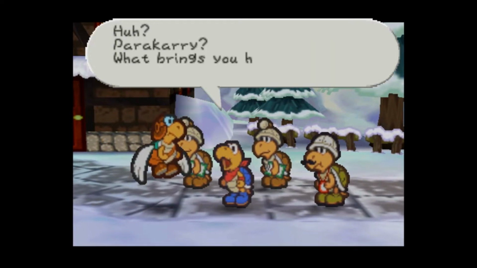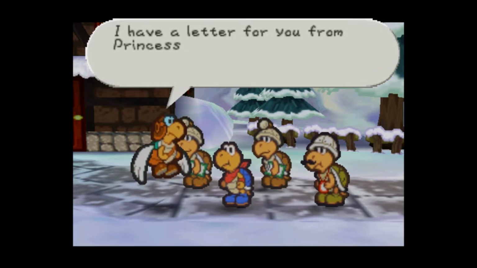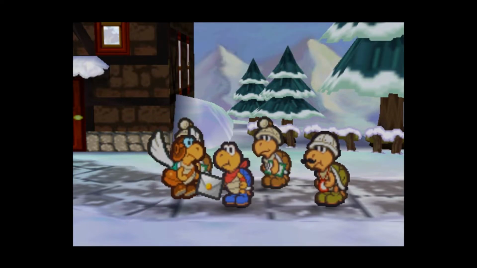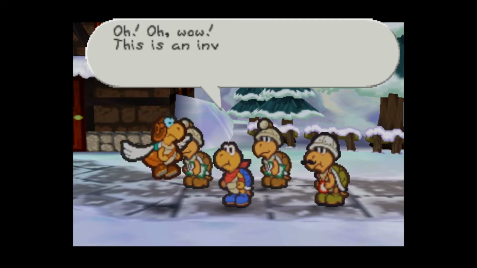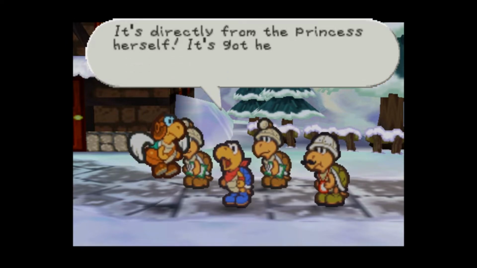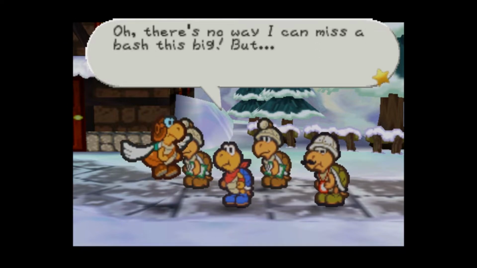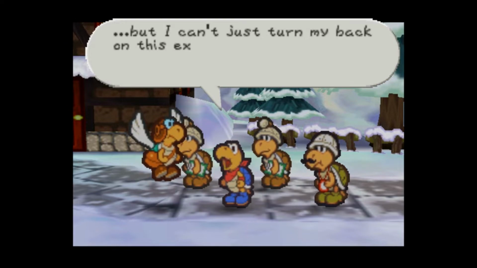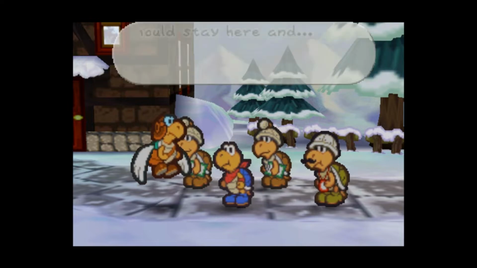Huh? Parakarry, what brings you here? Phew, I finally made it. I have a letter for you from Princess Peach. Oh wow, this is an invitation to a huge party at Princess Peach's castle. It's directly from the princess herself. It's got her signature on it and everything. Cool. Oh, there's no way I can miss a bash this big, but I can't just turn my back on the expedition after I promised Professor Colorado. I should stay here and...